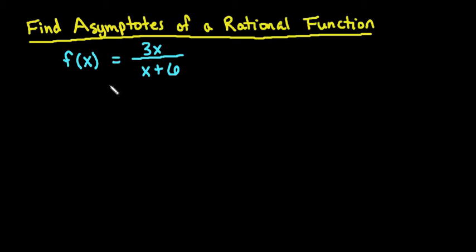Hi, for this video we're going to look at the asymptotes of a rational function. Now if you recall, a rational function can have a vertical asymptote, a horizontal asymptote, or an oblique asymptote, and it can have any combination of vertical and horizontal, or vertical and oblique, or it could have none of the above. So there's a lot of different rules for asymptotes, which is why I'm doing so many different videos